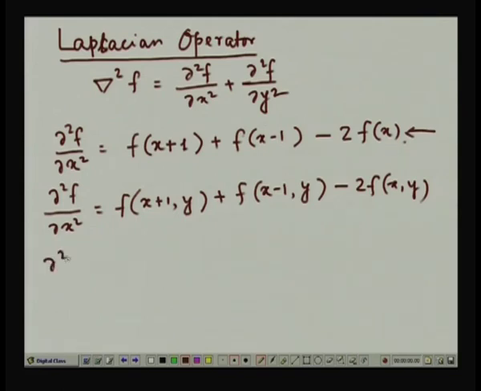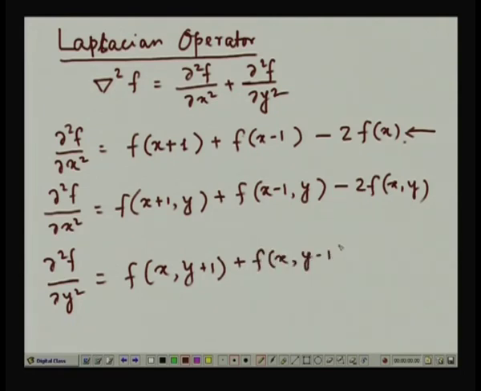Similarly, del 2 f del y 2 will be given by f of x y plus 1 plus f of x y minus 1 minus 2 f x y. And if I add these two, I get the Laplacian operator in discrete domain, which is given by del 2 f is equal to